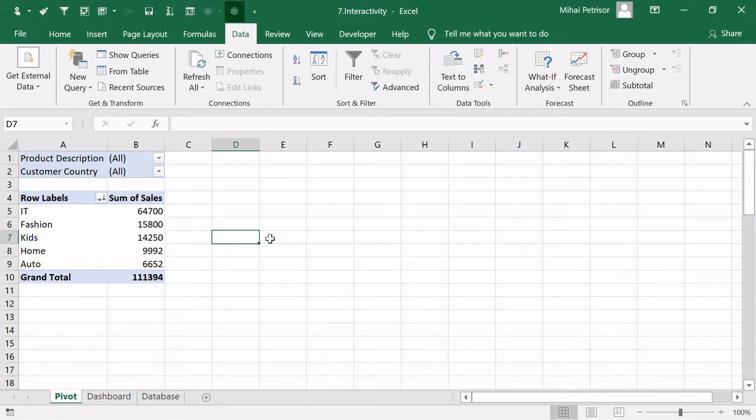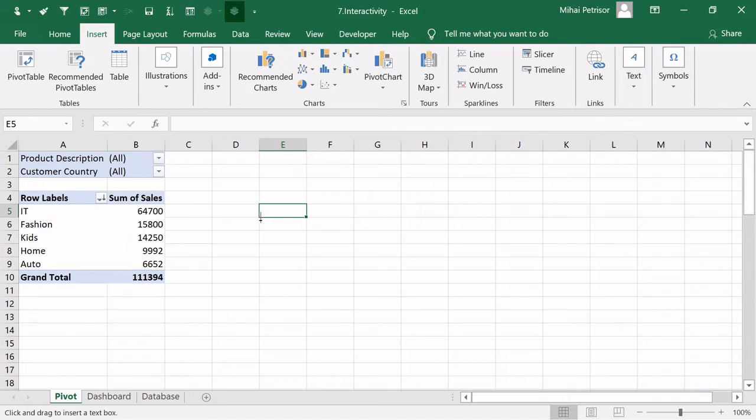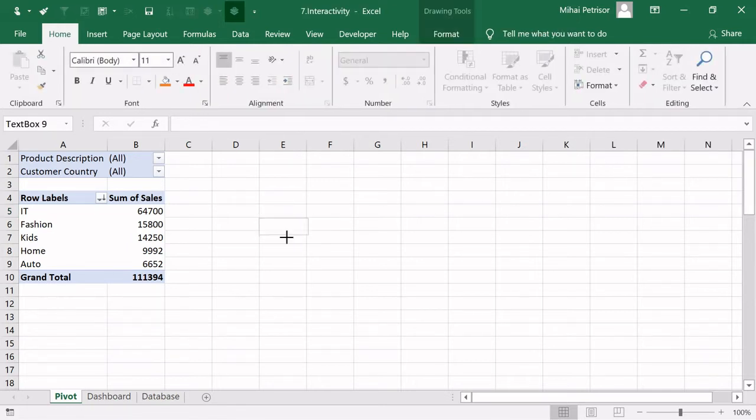First, we need to select a text box and change its text. I'm going to insert text and a text box. And first, let's think about our pivot table. We have product category and the sum of the sales. Now, the comment will be linked to our pivot table, and that's why, for example, here in the text box,